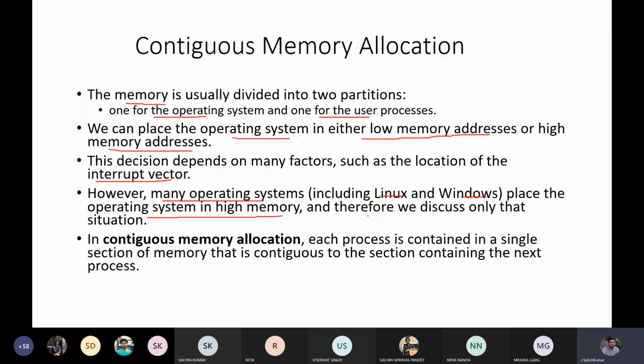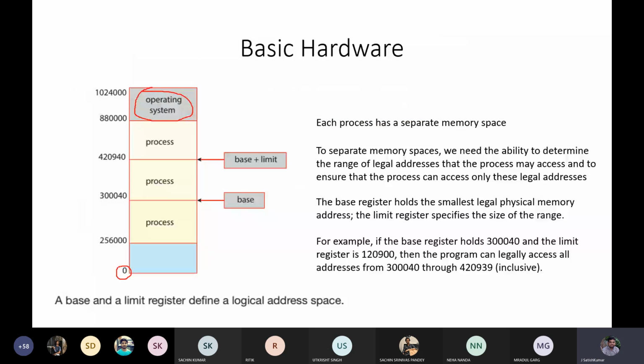You see this example, where the address starts from 0 at the bottom. The maximum address it will go to is, say, 10 lakhs, or 1 million. But the operating system is kept on the top addresses. This is the memory space that is taken by the operating system, that is the high memory. So many of the operating systems nowadays, in Linux or Windows, are kept in the high memory,